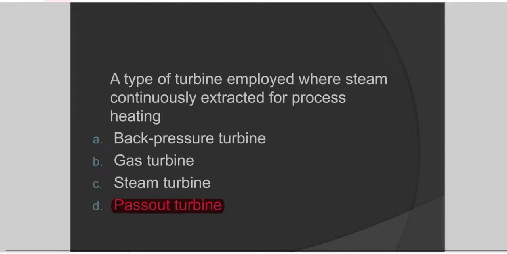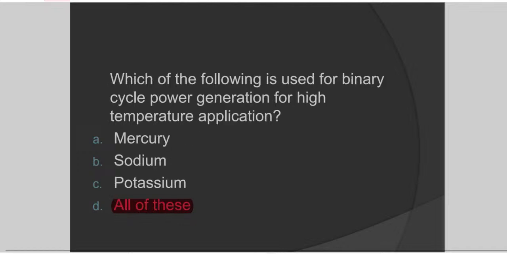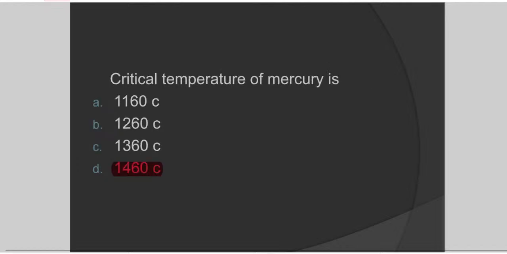A type of turbine employed where steam is continuously extracted for process heating. A. Back pressure turbine B. Gas turbine C. Steam turbine D. Pass out turbine. Which of the following is used for binary cycle power generation for high temperature application? A. Mercury B. Sodium C. Potassium D. All of these. Critical temperature of mercury is